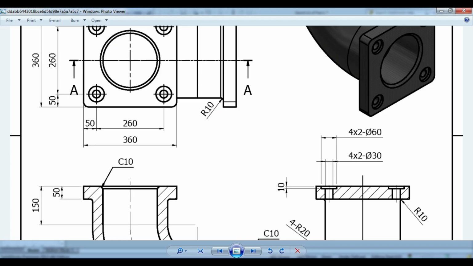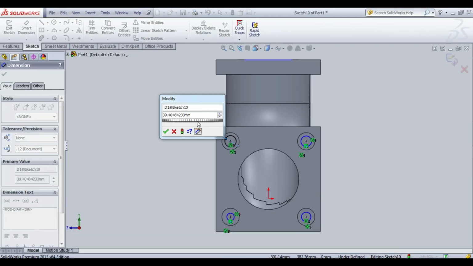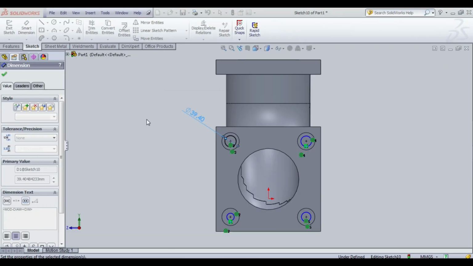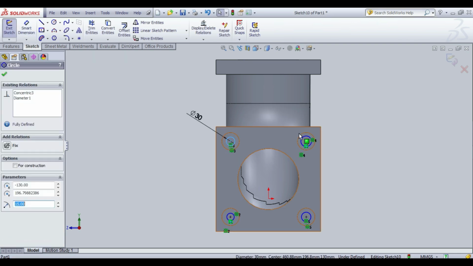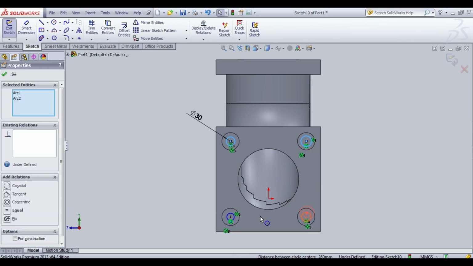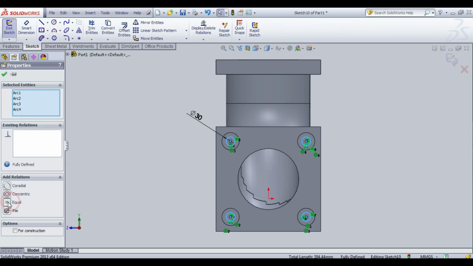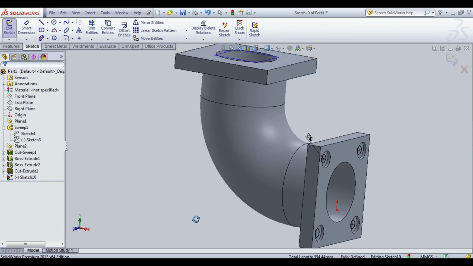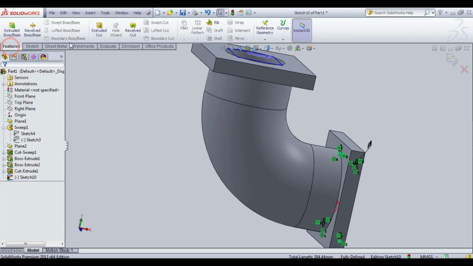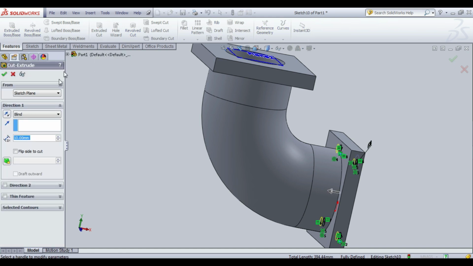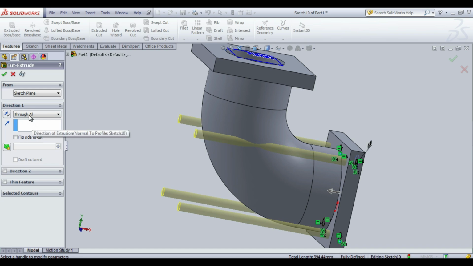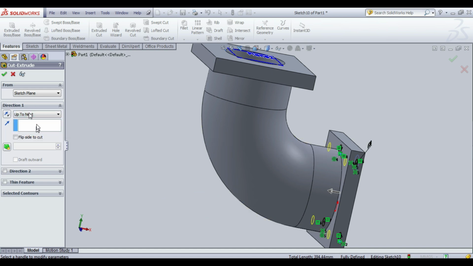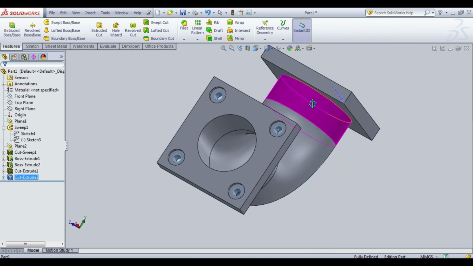Dimensions for small hole 30. Equal. Okay. After that, extrude cut for through all. So it's not up to next. Give that up to next. Completed. One side flange is completed.